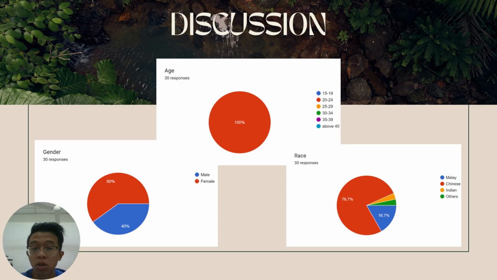For my part I will be presenting the discussion. For this part, we are presenting the demographic of the respondents, with a total of 40 UTHM students involved in our Google form for data collection. Here is the result of our respondents: 12 male UTHM students and 18 female UTHM students, all distributed among 20 to 24 years of age.